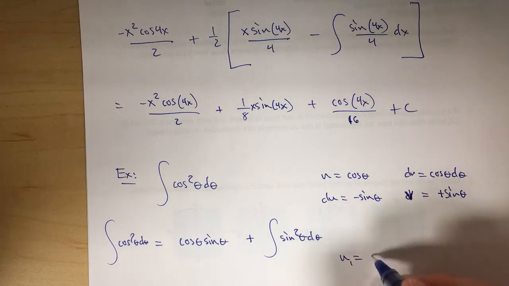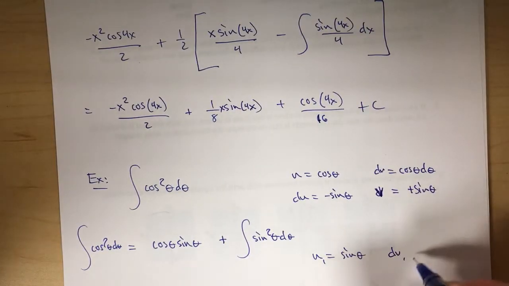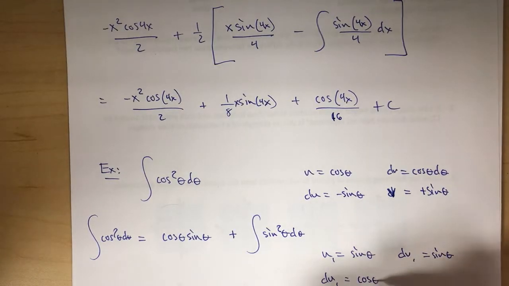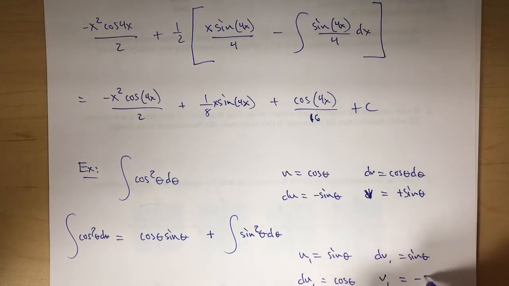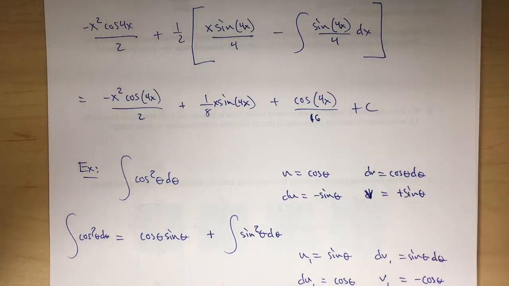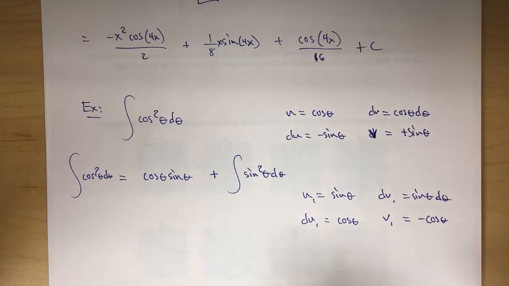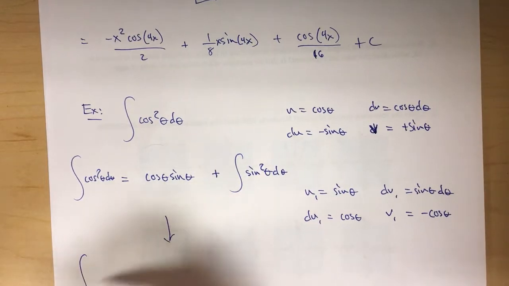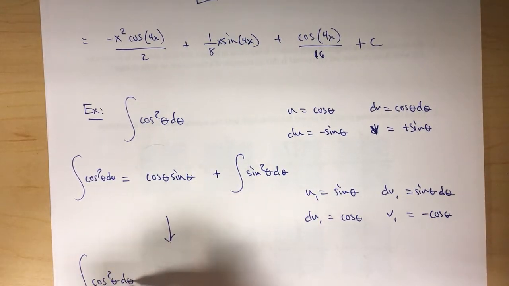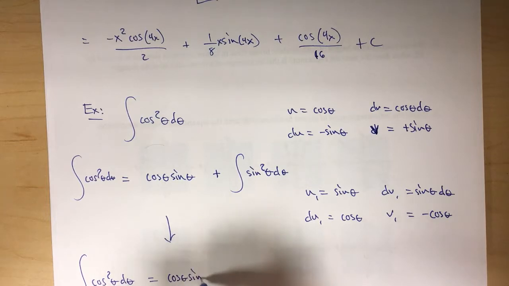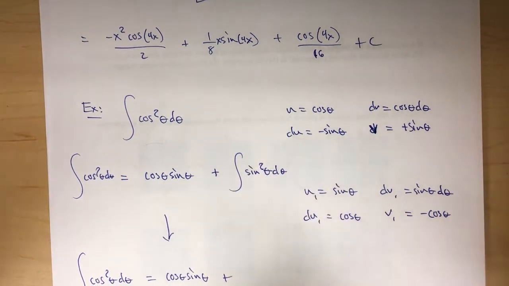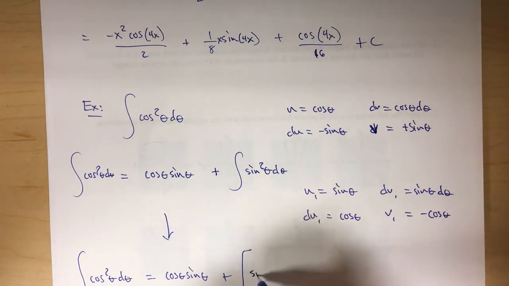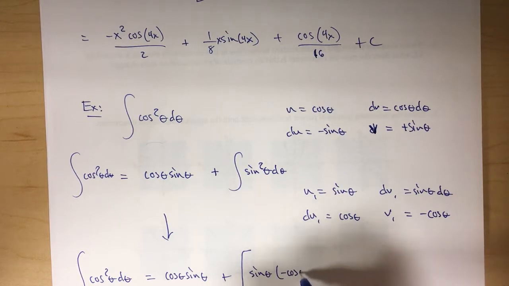So what if I let u sub 1 be sine theta and dv sub 1 equals sine theta? Then du sub 1 would be cosine theta, and v sub 1 would be negative cosine theta, because I'm finding an antiderivative there. So now what I have basically is the antiderivative of cosine squared theta d theta is equal to cosine theta sine theta plus this integral, but this integral is equal to uv, which was sine theta times negative cosine theta,